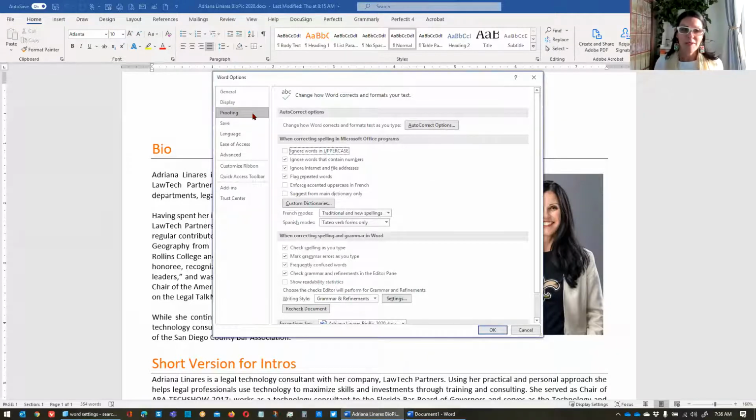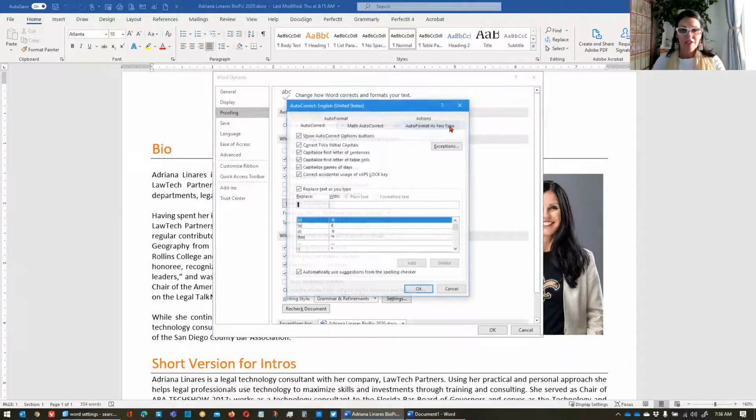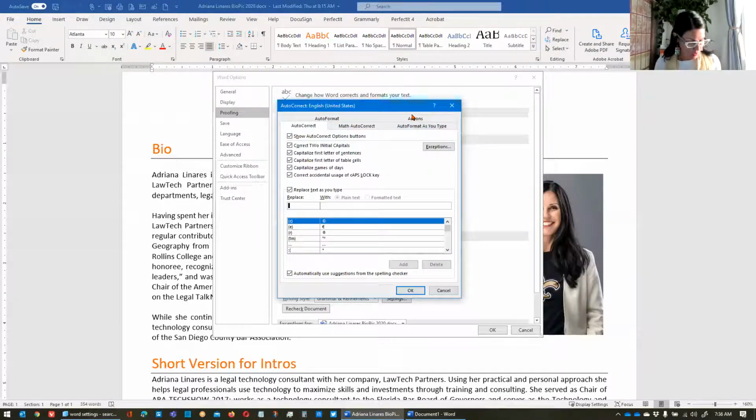And while we're in file options, proofing, you can go to autocorrect options right here. Autocorrect is a list of most frequently misspelled and mistyped words. It also has a bunch of other settings, and it has some of these shortcuts built into it. So when you go into that dialog box, you'll see there's a bunch of choices here: autocorrect, auto format as you type, actions, and math autocorrect. While we are here on autocorrect, which is where you land, you'll see that there's a list of replaced text.